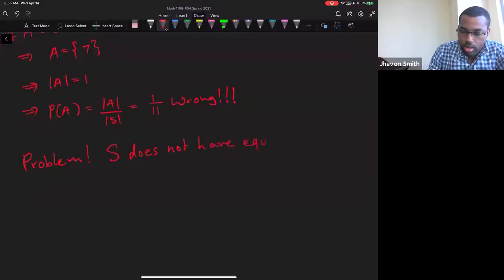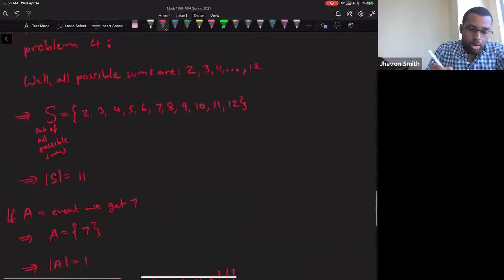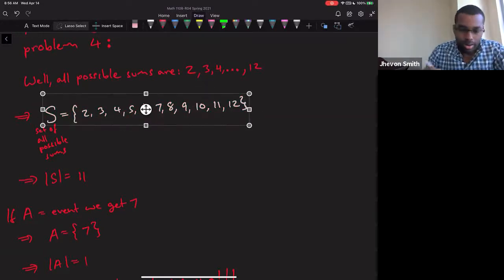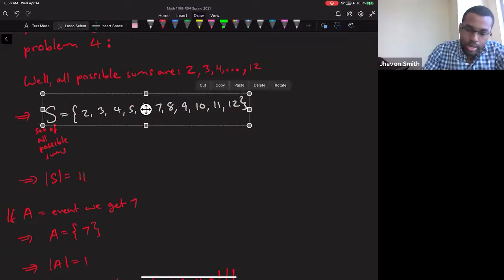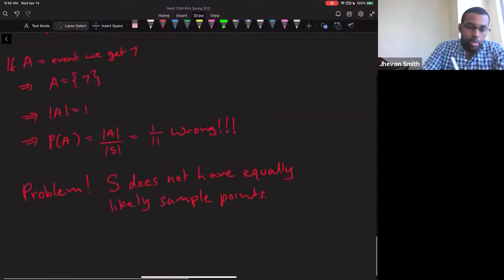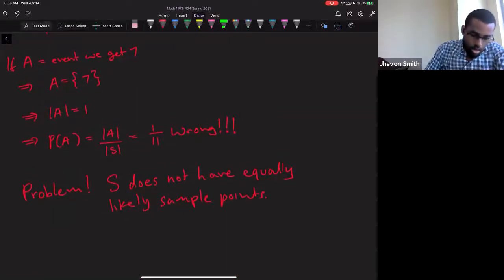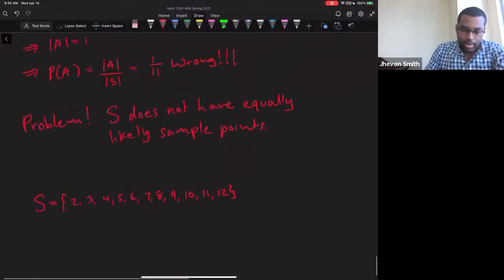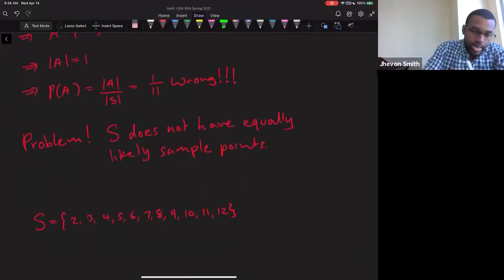Have equally likely sample points. The truth is, yeah, I wrote down the numbers 2, 3, 4, 5, 6, and 7, blah, blah, blah. I wrote them all down once, but the truth is, they're not all worth 1, right? Some of them have a heavier weight. This is a concept called probability measure. You would say each of these sample points have a different measure. But really, you don't have to really know about that concept. It's when you get to advanced probability, they'll talk about that concept. The idea is